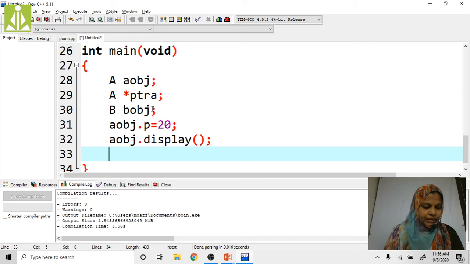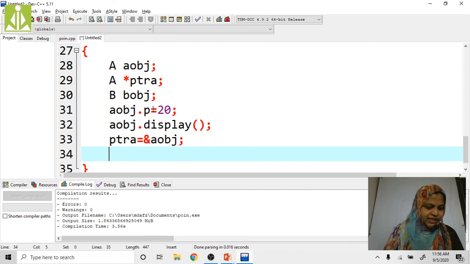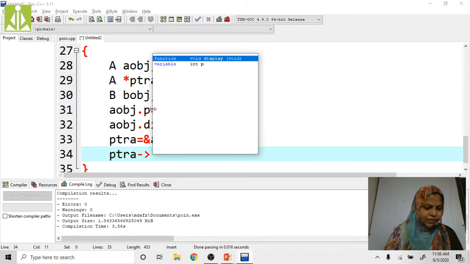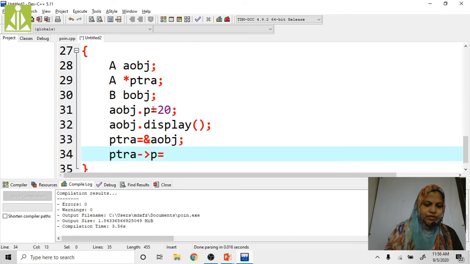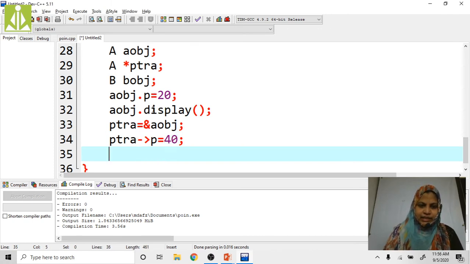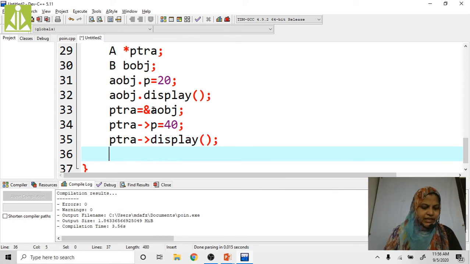Now ptra equals to address of a obj. Now by using this ptra I am going to assign the value p equals to 40, right? ptra display, right? ptra display.